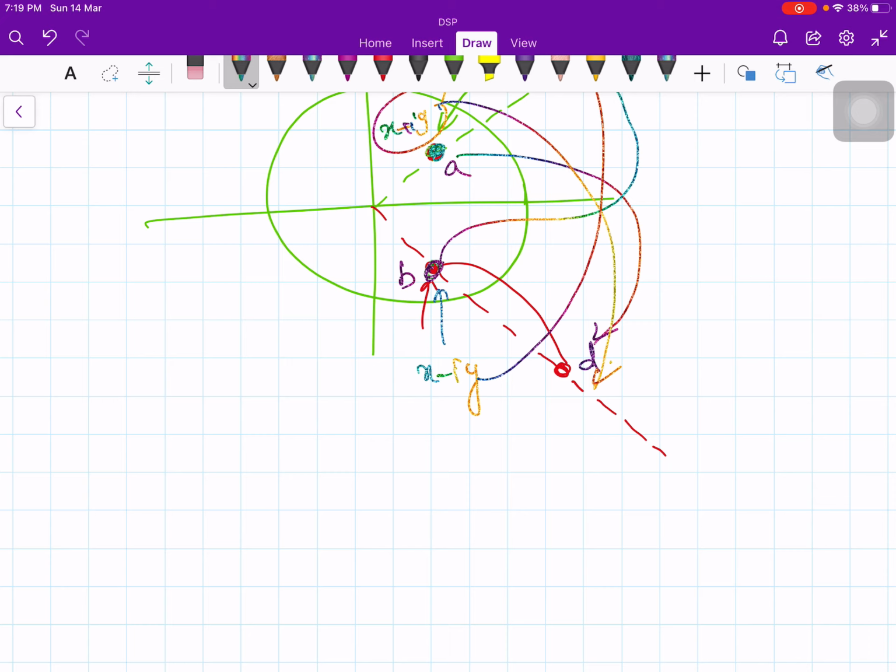Because real coefficients demand that if I have a 0 at plus jr, I must have a 0 at minus jr. So complex zeros are purely imaginary zeros, except if they occur on the unit circle. If it exists outside the unit circle or on the imaginary axis, then they occur in the pair. Okay, so that's it. Let me check any point I have missed out.